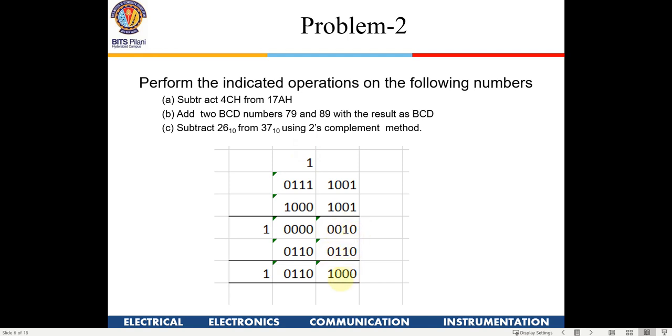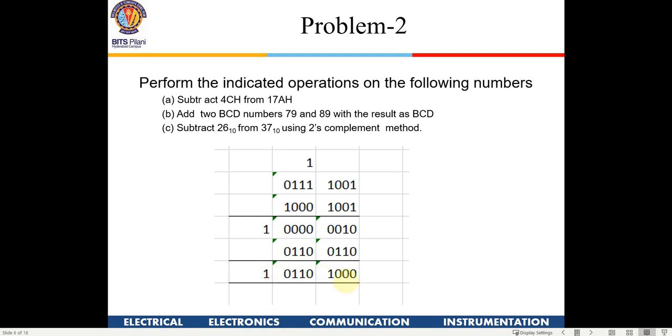So you add a 6 here, so you will get this answer here. So it's going to carry 1. You are going to add these two. When you add these two, again there is a carry out here, so this carry has come here, right? Since there is a carry, you are adding another 6 here. So this is the final result that we are getting here.